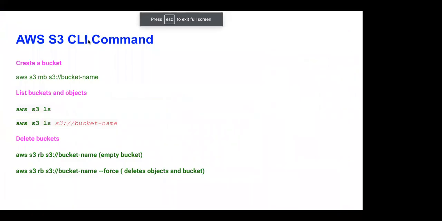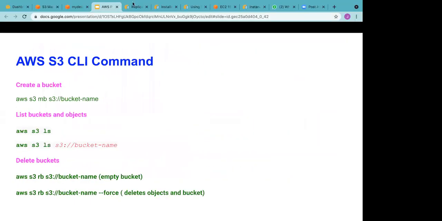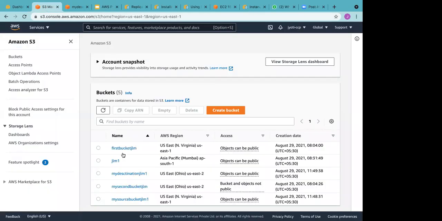Using the AWS S3 CLI command, you can create a bucket. You can list the buckets and objects. So for example, let's go ahead and create a bucket. For that, let me first show you the current bucket state. You see how many buckets here? 5.